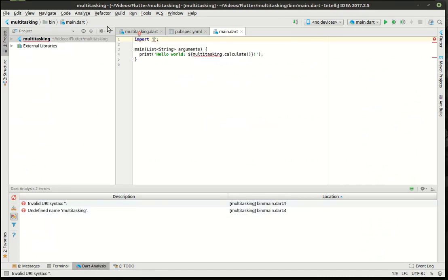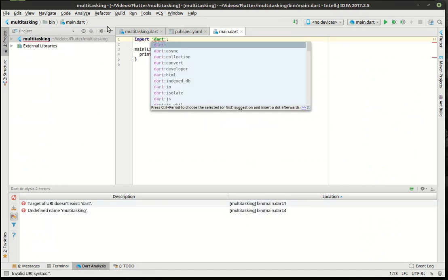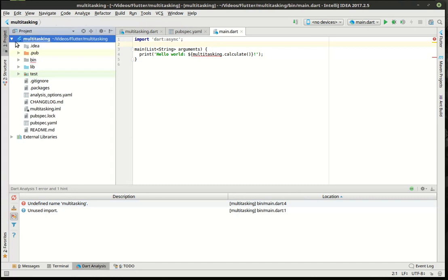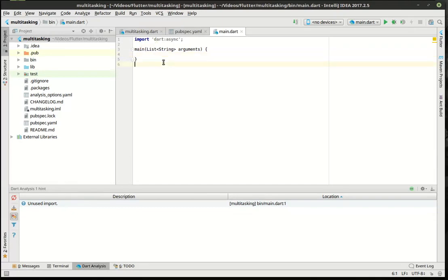the first thing we need to do is import dart:async. You notice how that has dart colon async. In the past we've done just a raw import. We import a file and we've imported libraries and stuff. But whenever you see that dart: it means it's part of the core framework, if you will, or the Dart libraries. Now, I should note that everything in Dart is a library. Even this program we're working on now is a library. But that is how you import something directly out of Dart. So